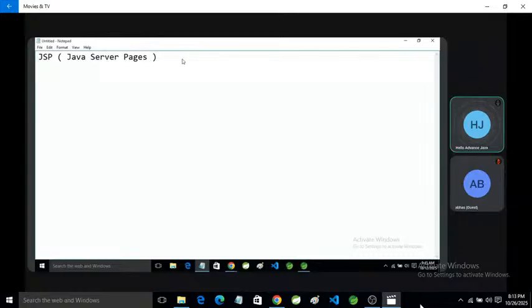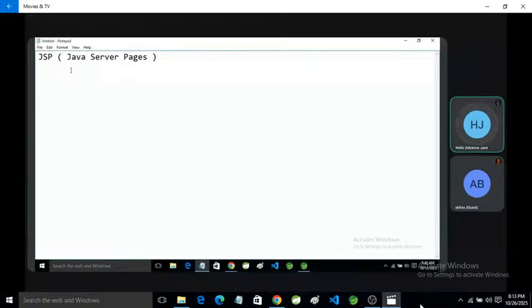Second thing, it is an extension of Servlet, so it provides all the facilities of Servlet and additional facilities as well. Third thing, we have no need for recompilation or redeployment in the server. JSP is just like HTML. You only refresh the JSP and it will work.